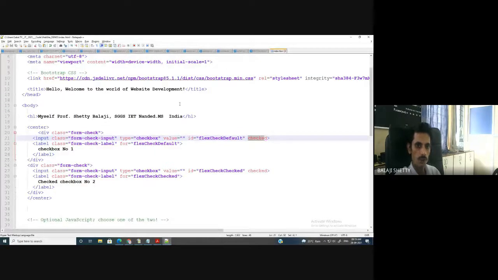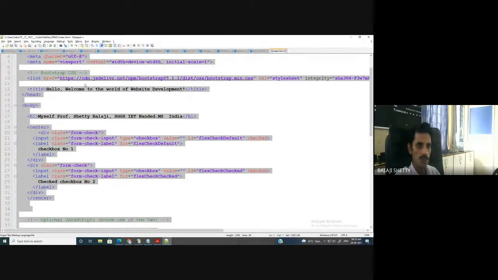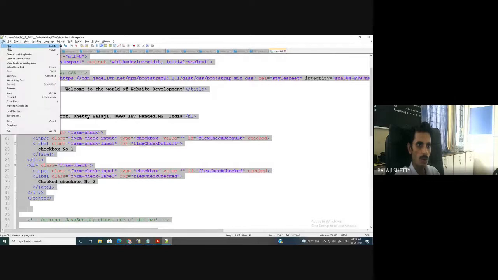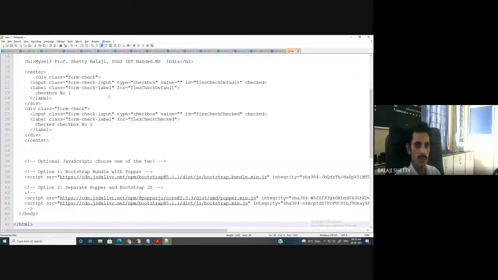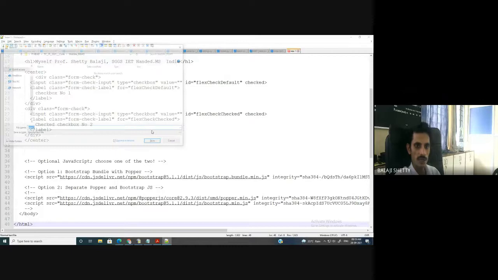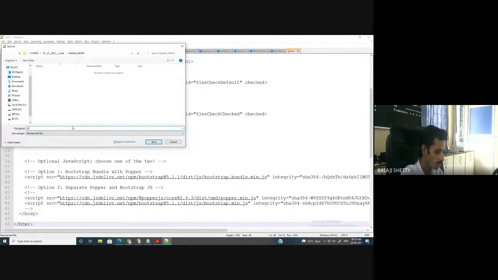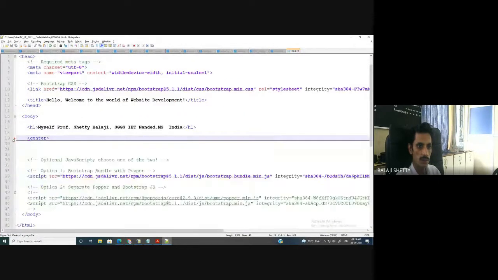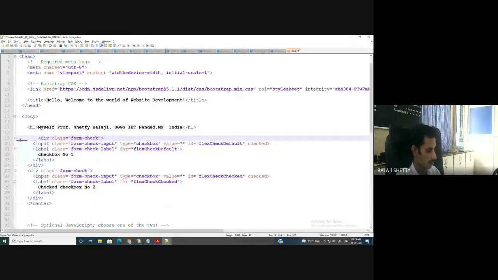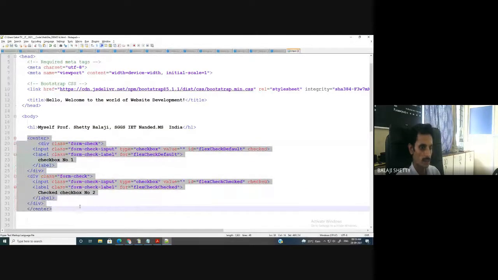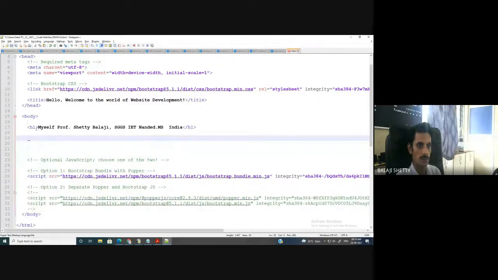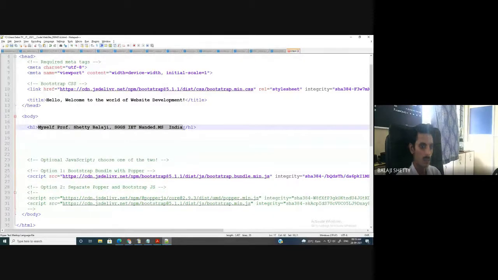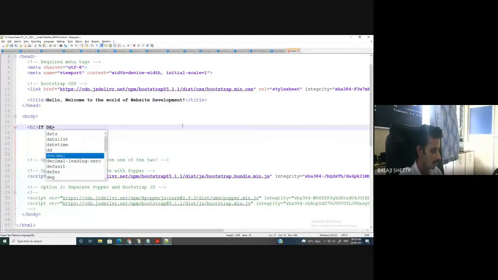So let us design one more code. Control A, Control C. So what I do now, I create another page as it.html. Okay, and here I just delete this code. Okay, Control Z, and here IT department.